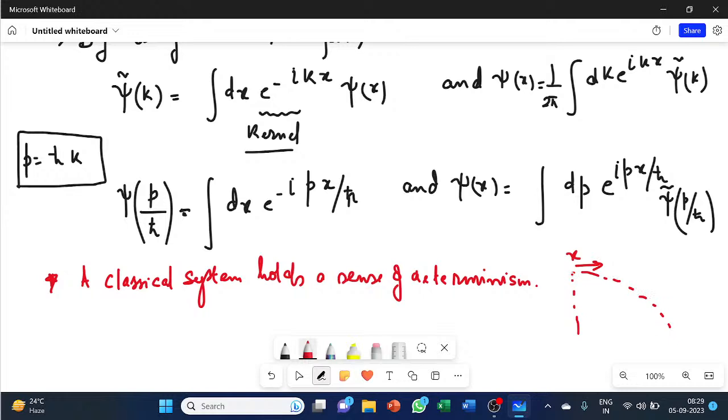If I give a little bit more force to it, let's say escape velocity, then it is going to escape the earth. If I give it a velocity which is, let's say, orbital velocity initially, then it is going to follow an elliptical trajectory. So the fate of the system is quite determined when it comes to classical systems. All you need to specify is x and probably v.